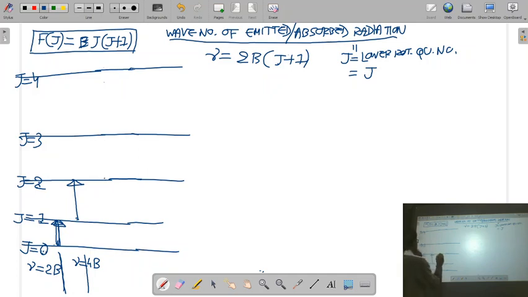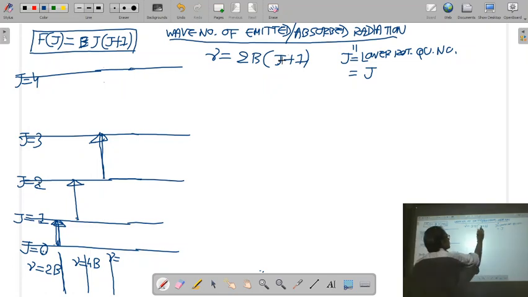The third possible transition is from 2 to 3. Here the molecule goes from lower level to upper level, so we are getting absorption spectra. So these lines are known as absorption rotational lines. When the molecule makes a transition from level 2 to level 3, we get the third rotational line in the rotational spectra, whose wave number is, yes, let us put J is equal to, what is, between level 2 and 3, the lower quantum number?